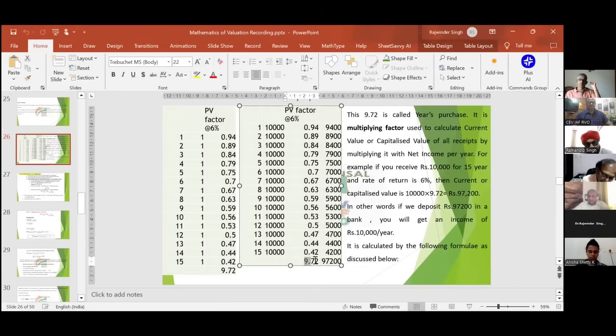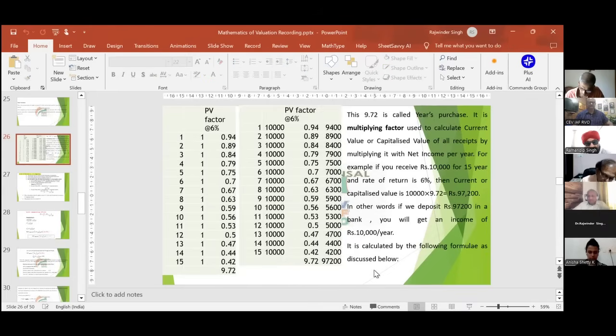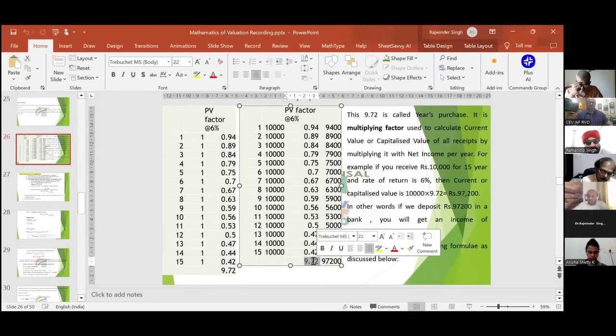So this is basically YP. हमने ₹1 के लिए निकाल लिया, 10,000 के लिए उससे multiply कर दिया, एक unitary method लगा लिया। अब ₹1 के लिए कितनी वैल्यू होगी किसी percentage पे, that is called YP, that is present value of ₹1 basically। उसका नाम हमने years purchase दे दिया है। तो एक बात ये समझ लगी कि YP है क्या बेसिकली। अब एक तो ये तरीका है कि आप अगर YP निकालें, हम किसी तरीके से ये 9.72 find out करें, तो हम 10,000 से multiply कर दें। तो उसके लिए we have 4 methods of YP: YP single rate, YP dual rate, YP perpetual and YP perpetual to reversion to perpetuity.